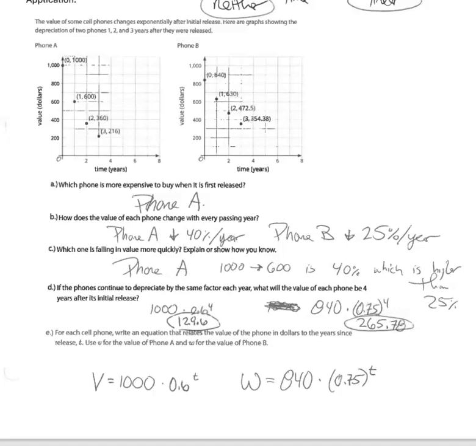So the first one is 1,000 times 0.6 to the t, which means there is 60% left after every year. And the next one is 840 times 0.75 to the t, meaning there's 75% left after every year. And when you substitute in a 4, you can see the two different values. It's $129.60 versus $265.78. So oddly, the one that started more expensive, since it was dropping quicker, ended up being worth less after